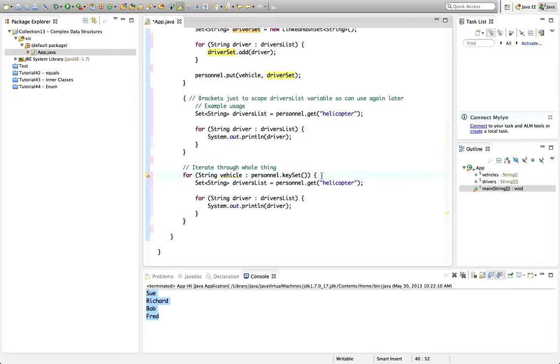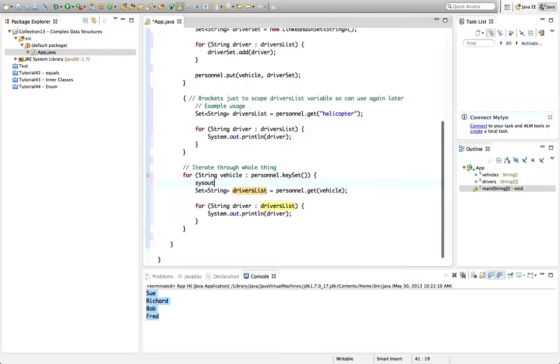So now we can say here we want to get from the personnel the vehicle, the list of drivers for the vehicle, and then go through them and print them out. And what I'll do is I'll just say here sysout and the vehicle. Let's have another, and maybe here I could, let's have a